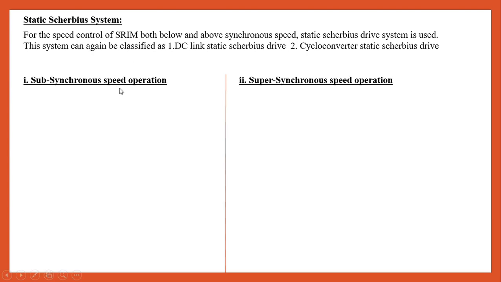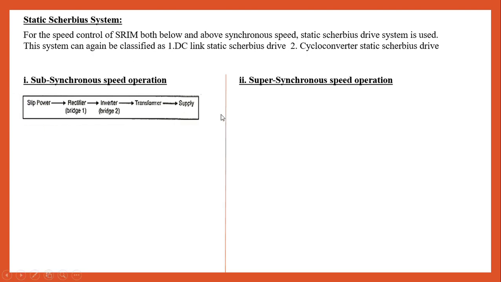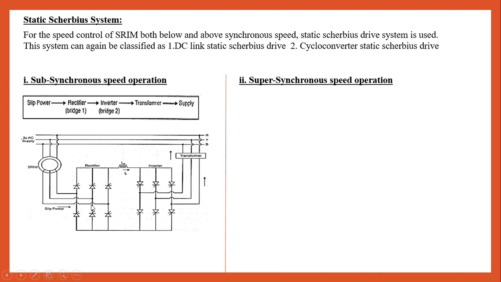Subsynchronous speed means speed less than the synchronous speed. Supersynchronous speed means speed above the synchronous speed. Let us see the first one, subsynchronous speed operation. Look at the circuit diagram of subsynchronous speed operation. In the box we have provided the power flow. Dear students, the three-phase AC supply